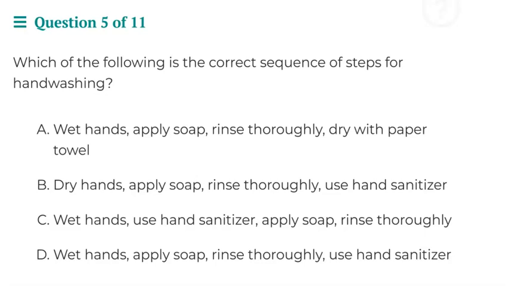Question 5 is asking us, which of the following is the correct sequence of steps for hand washing? So let's look at the first choice. It's saying that we should wet hands, apply soap, rinse thoroughly, and then dry with a paper towel. This sounds correct. It's important to note here they're stating to wet your hands before applying the soap, which actually